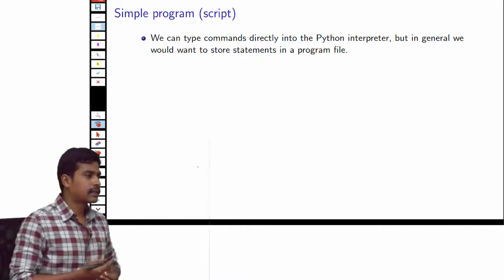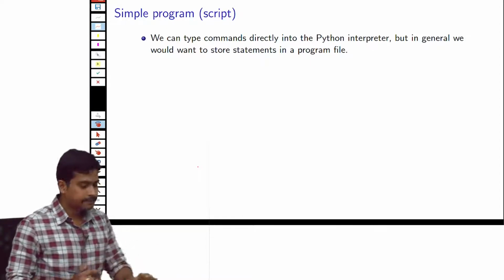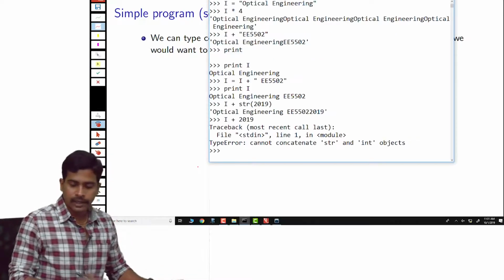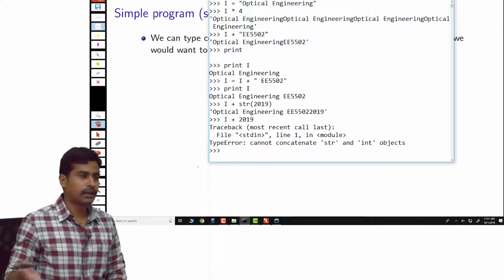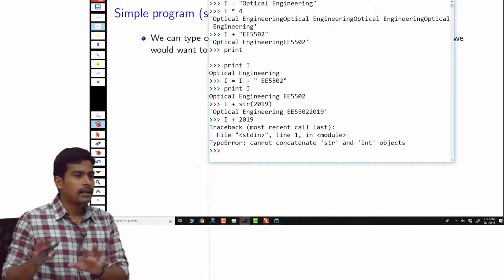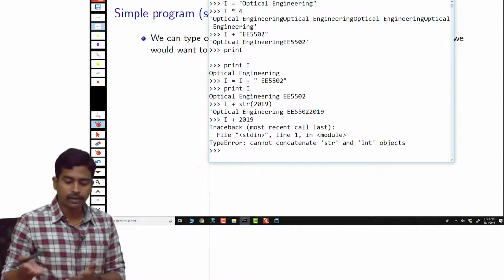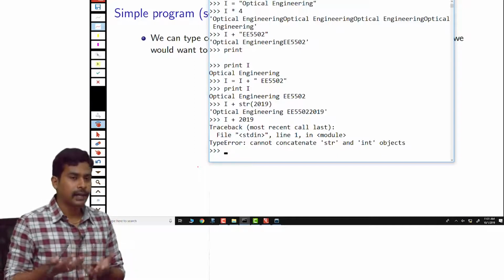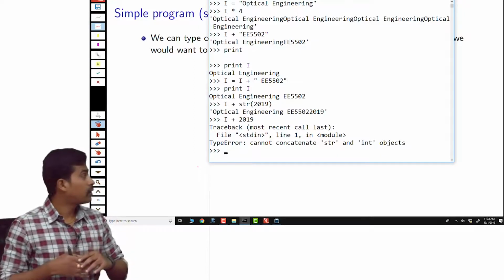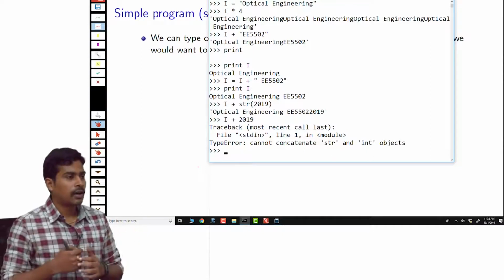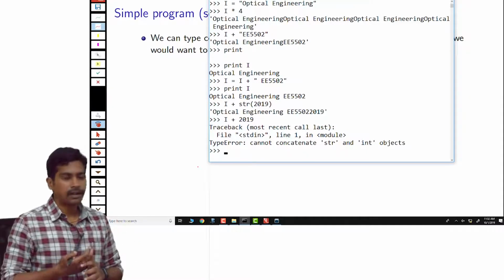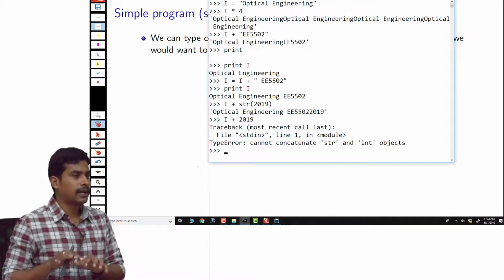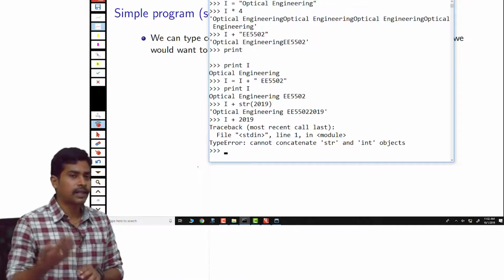Now let us try to write some simple program. So far what we have been doing is opening this Python shell and typing different commands, arithmetic or comparison, whatever commands we are typing in the shell. This is not a very good way of writing bigger programs. For example, if you want to write a big simulation program, or create some application, you cannot write it in this shell because it gets executed after each statement.